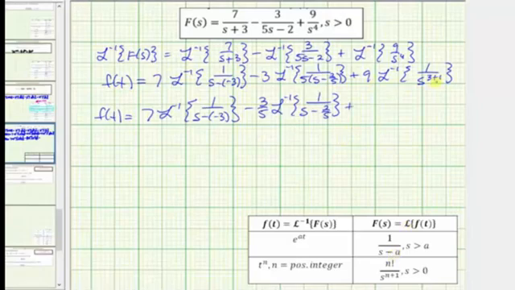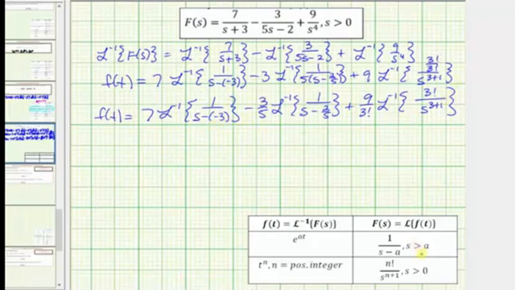Now for this last inverse Laplace transform, notice how our denominator looks good, where n equals 3, but our numerator must be 3 factorial, and right now it's 1. So let's change this 1 and write 1 as 3 factorial divided by 3 factorial. This would still be equal to 1, and because we want the denominator to be 3 factorial, we'll factor out 1 over 3 factorial and write this as 9 divided by 3 factorial times the inverse Laplace transform of, now the numerator would be 3 factorial, and the denominator is s raised to the power of 3 plus 1. Now all these inverse Laplace transforms are in the exact form that we need in order to apply our formula,